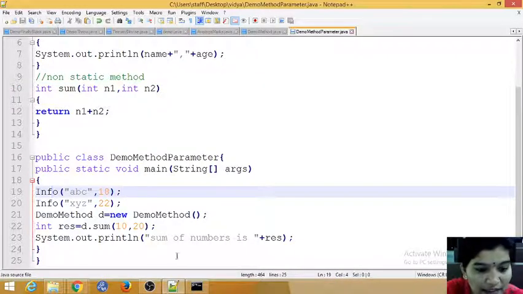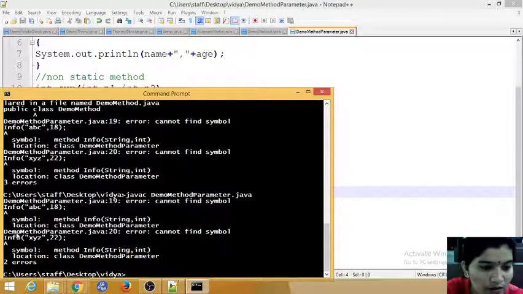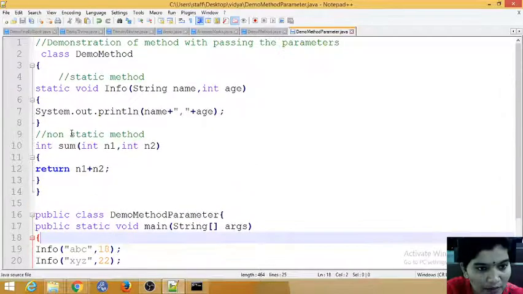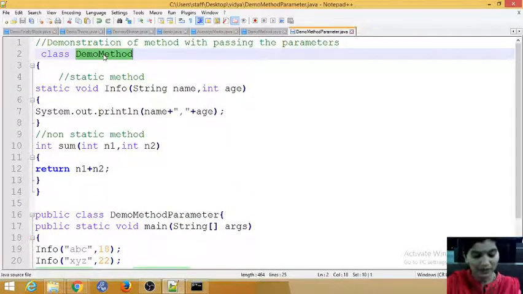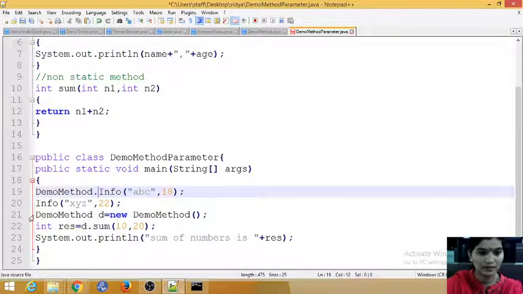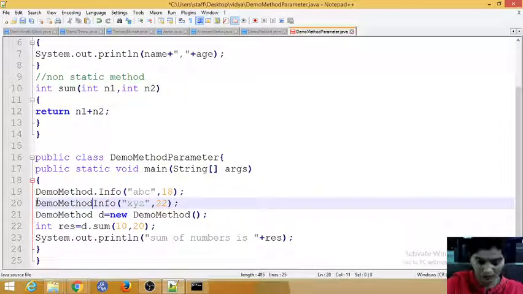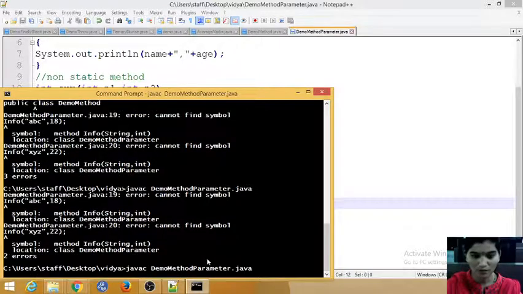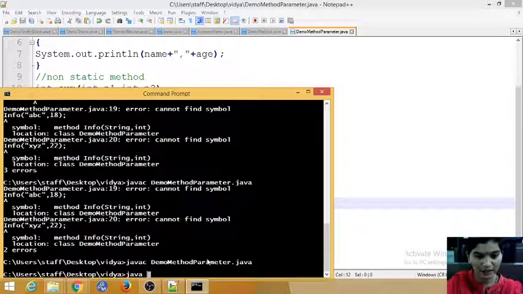So now it's showing the error that cannot find the symbol info, because now you are not in that same class, you are in a different class. Now you can use what? Class name for a reference. So I can't create an object. Now you can use a class dot your method name. So here also class dot method name. So this is possible for static. So now it is not showing any error, but before it was showing what? Cannot find the symbol, that info, because info is not present in that same class.